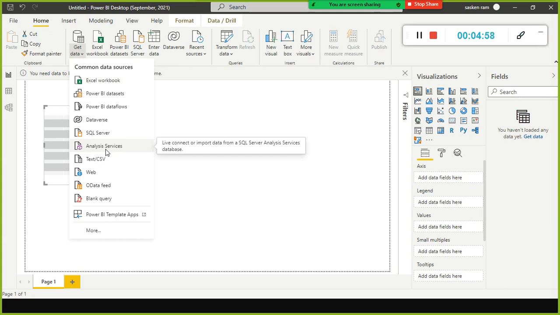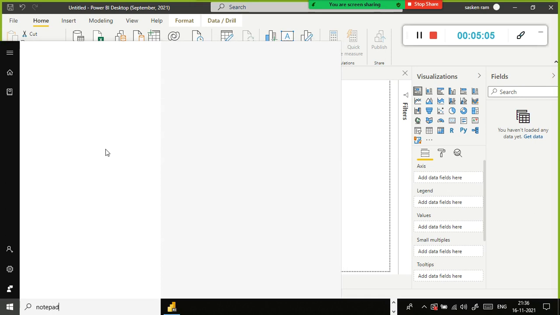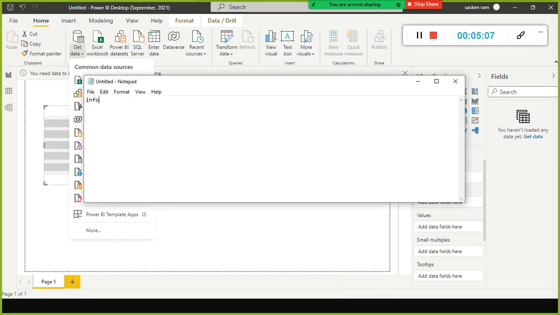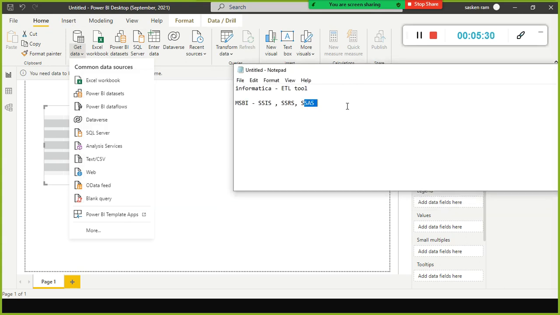It is somewhat like Informatica, which is also one of the popular ETL tools. Similarly, MSBI is a suite of SSIS, SSRS (SQL Server Reporting Services), and SSAS (SQL Server Analysis Services). In SSAS, we can create cubes. That is what analysis services are.